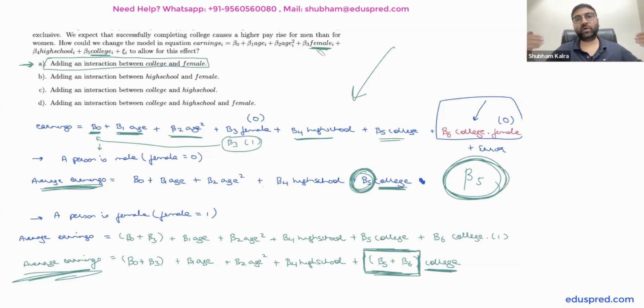So whenever you want the effect of one independent variable to depend on another independent variable, all you have to do is add a new term, which is an interaction of these two independent variables. Okay, so if you know this logic, you could have directly marked the A part as the correct answer. So if you want the effect of college to depend on female, well, add an interaction between college and female. Okay, so these are wrong, and the correct answer is your part number